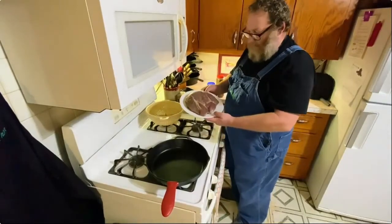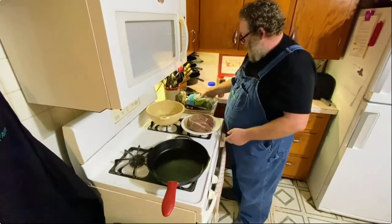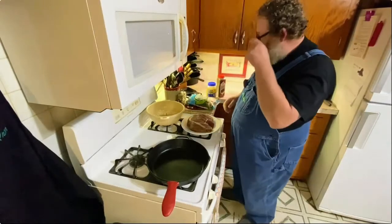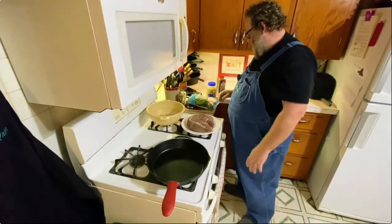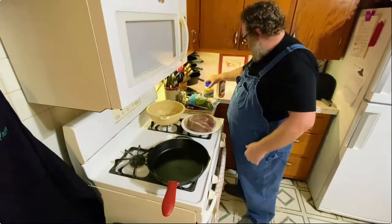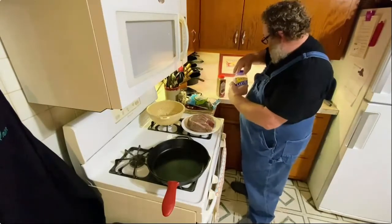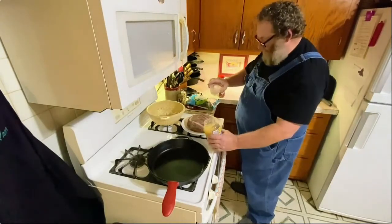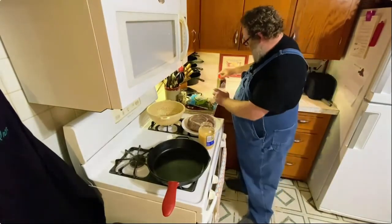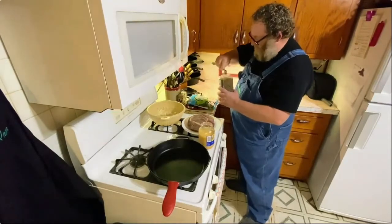Right, today we've got about a 3-pound sirloin tip roast, and I've got some Brussels sprouts here. What we're going to do is roast this sirloin roast with some Brussels sprouts. I've got a little bit of minced garlic here. I'm going to put about a teaspoon of minced garlic in. I've got about a teaspoon of salt also, and some black pepper. We're going to put about a teaspoon of black pepper, and we're just going to rub this sirloin